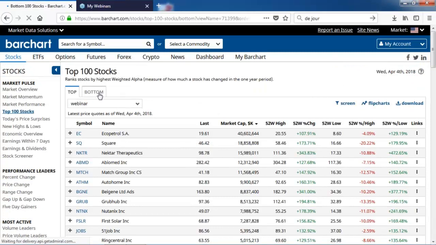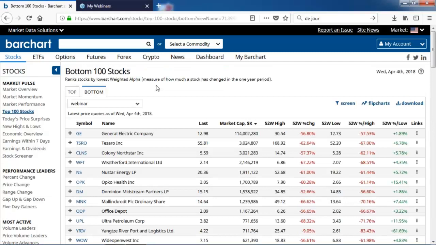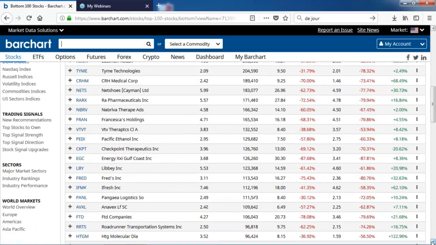So let me move something off my screen here. I want to look at some of the bottom stocks, because those were stocks that had already performed. Now this bottom picking strategy, again, trying to pick a bottom in any stock, it can always go a lot lower. It's a dangerous strategy. So we sorted this by market cap. Look who ends up on top. GE. GE continues to make new lows at 13 or just below 13. It's down 57%. Tesaro is another stock that's really gotten beaten up. It's a $3 billion company, but you can see how important market cap is to me, so I put that on the top because I, again, don't want a tiny market cap company like some of these guys on the bottom here.